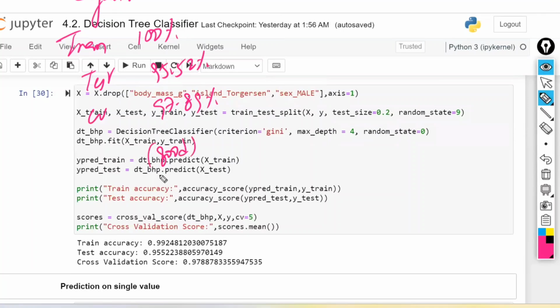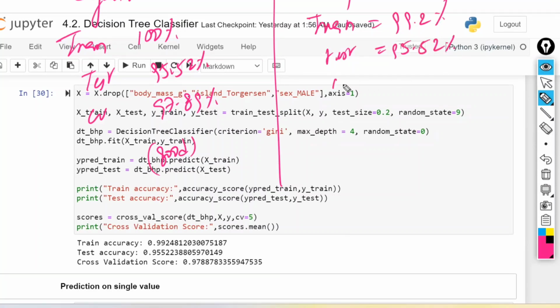Okay, keep this one aside. Now hyperparameter tuning. After applying the hyperparameter tuning, you got train accuracy this time 99.2%, test accuracy 95.52%, CV equal to 97.88%. This is also a good model.